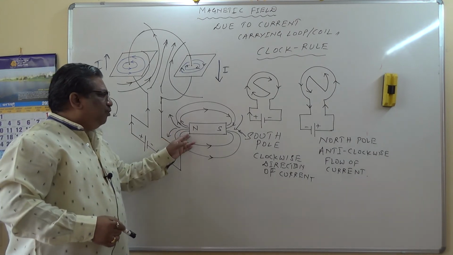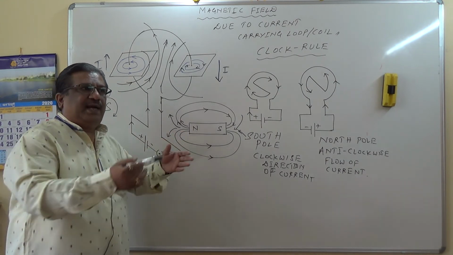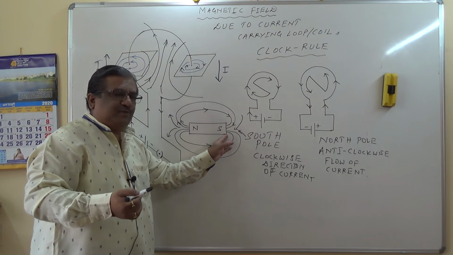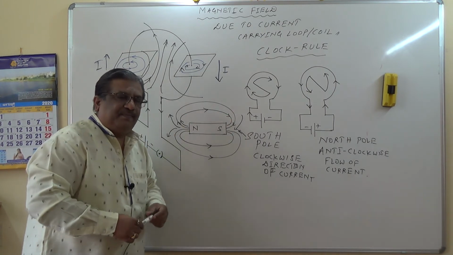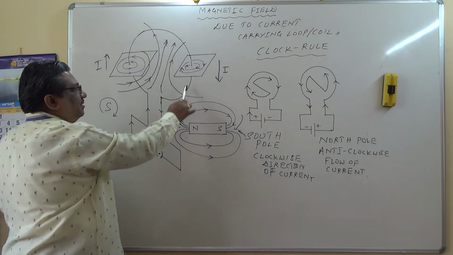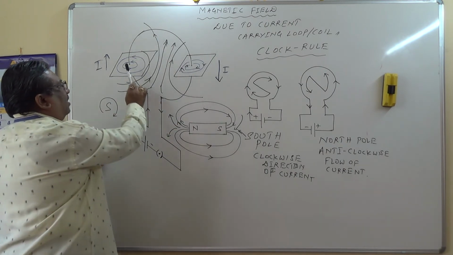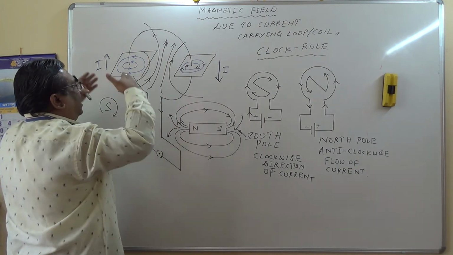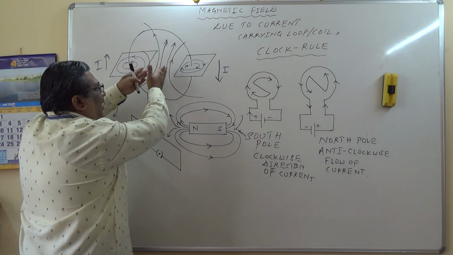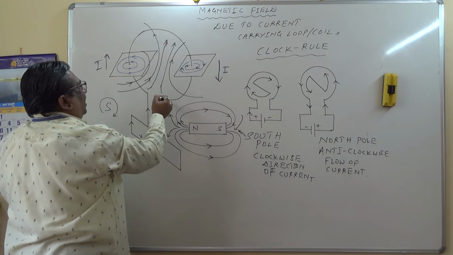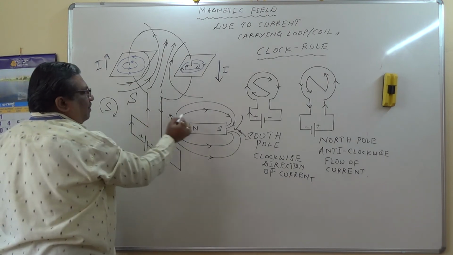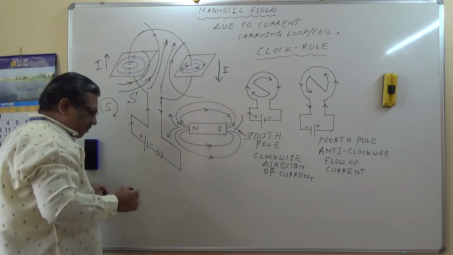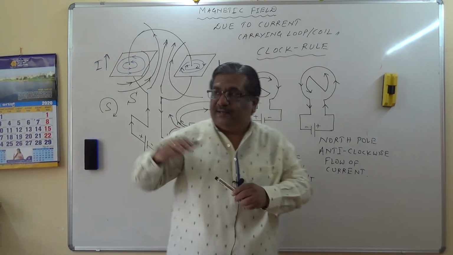So if there is to be a north pole, the field lines should emerge out. If this is to be a south pole, the field lines are merging into it. Therefore if I look at this coil and face over here, within the space enclosed by the coil the field lines are entering into the coil, and therefore this face of the coil acts as the south pole, because the field lines are merging into the face, and that face is called the south pole. Now when I go back behind this,